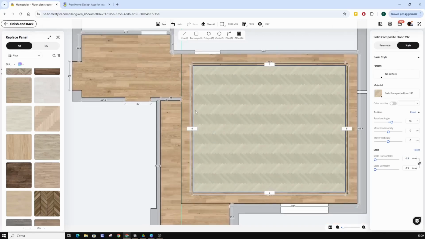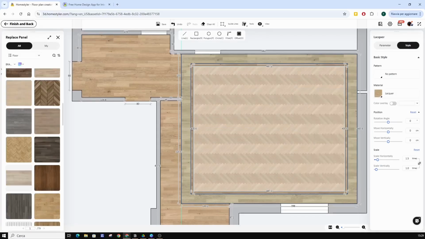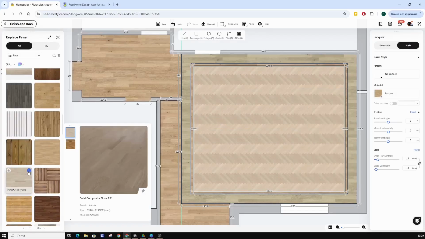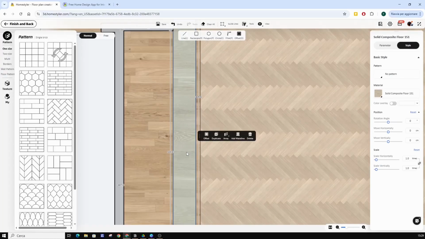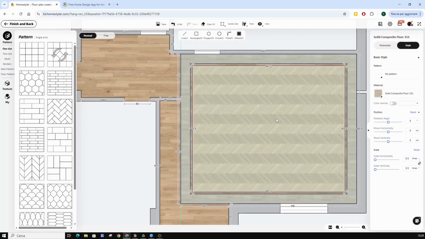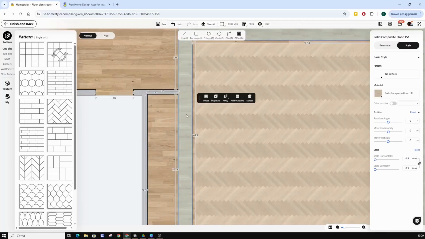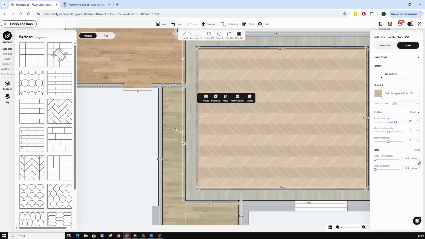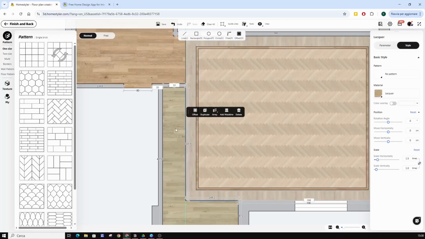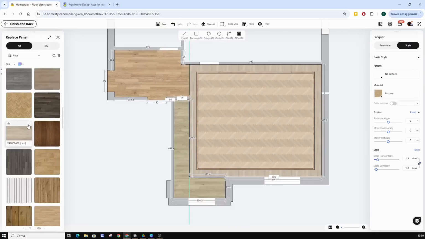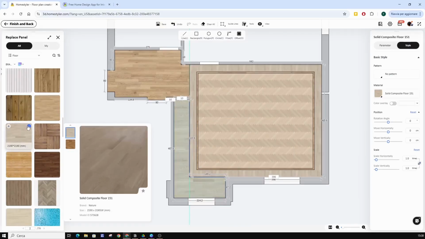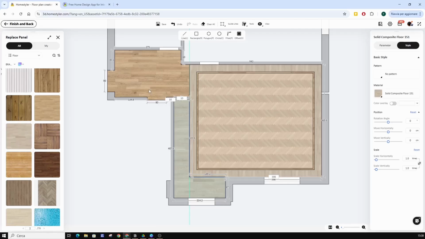I choose other textures for the other areas. I resize the texture. I can rotate it. I choose the same texture for this area and also for this one.